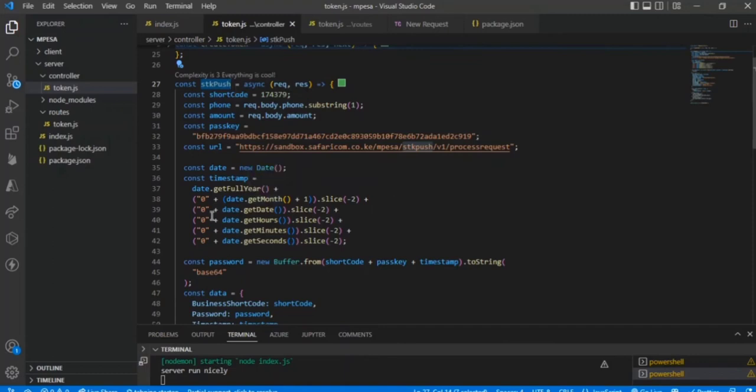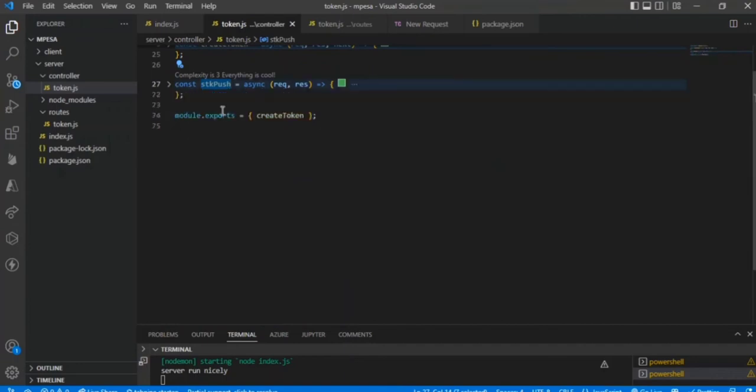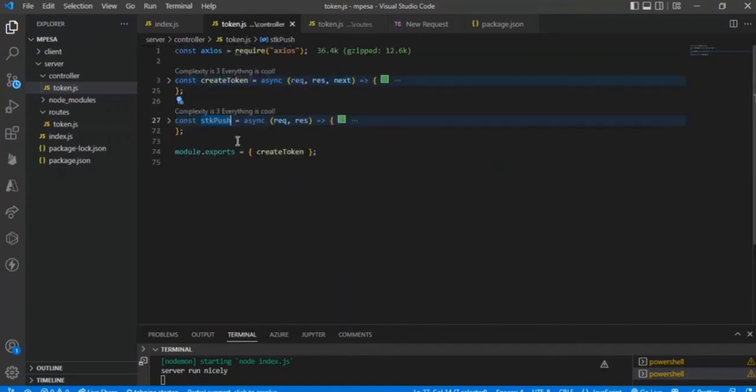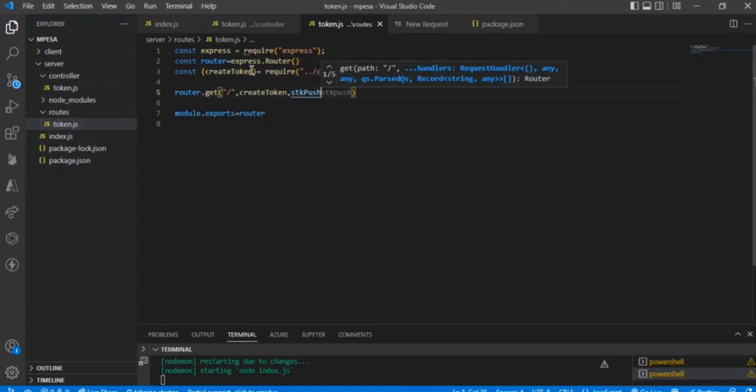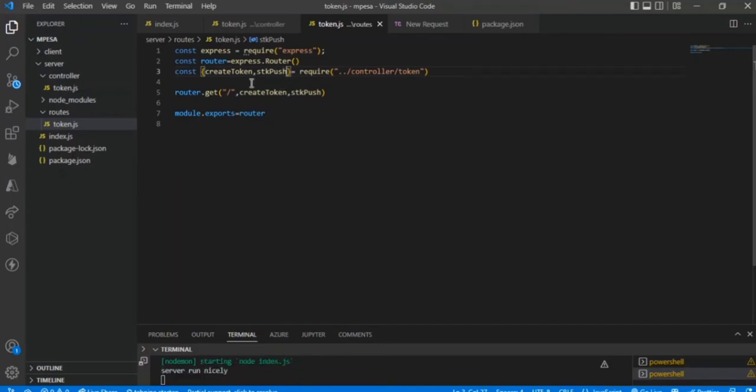So we need to export that from the controller folder. Initially tulikuwa export create token peke yake, so we need to pass that kwa export. Then we do the same exact thing kwa route folder. Then once we have done that, I guess we have done the most difficult part,